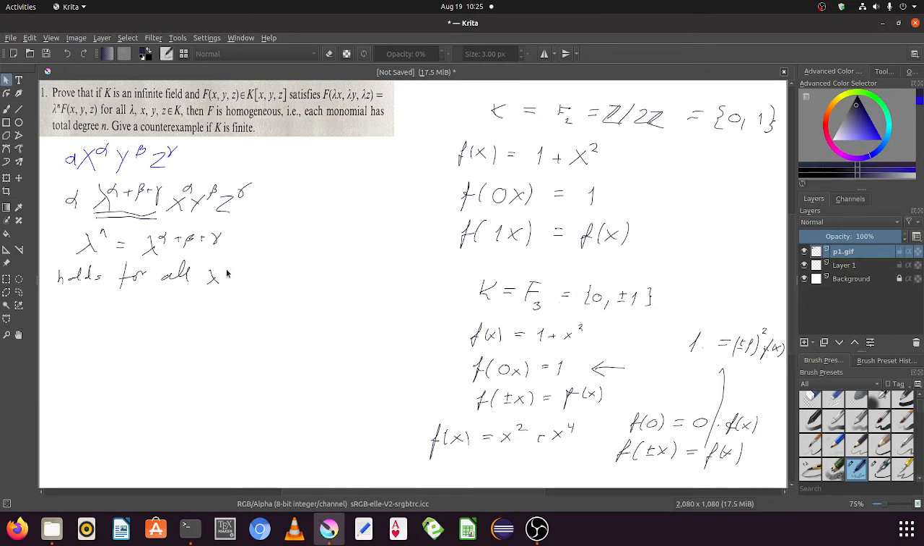Now going back to this exercise. So we need in an infinite field to have an element where all the powers are distinct. Or that would be sufficient if there's an element whose all powers are distinct. So for all lambda,